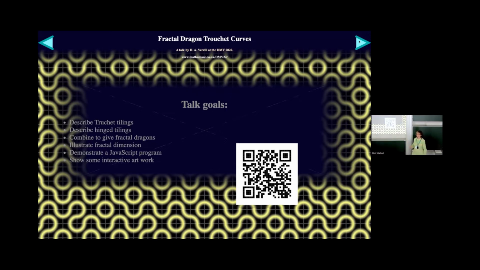and it turns out that you get the fractal dragons, which have also been known since 1966. I think John Heighway came up with this idea of fractal dragons. So it's a slightly different way of thinking about the generation of fractal dragon curves. I just want to talk about it, and you can look at the web page now